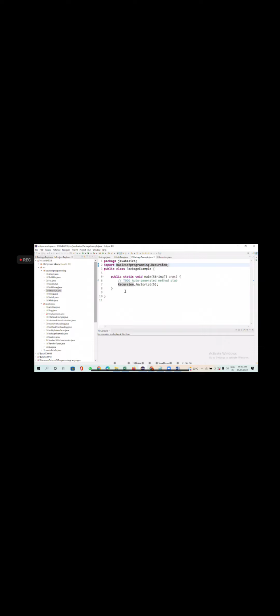Now try to execute it. What will it do? It will go to the recursion class. This is a different package, a different class, and that is a different class. Am I using any inheritance here? But I'm directly calling it, right? When you call it, where will it go? It will come to here. You are calling the function. It will go to the recursion and execute this factorial function, right? Just try to run it.